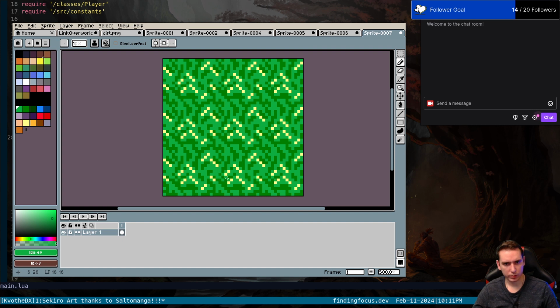So if we kind of treat the highlights as solid below, then we can add in the darker right above it to kind of give it that tip. Yeah, that's looking better. There are some spots that still